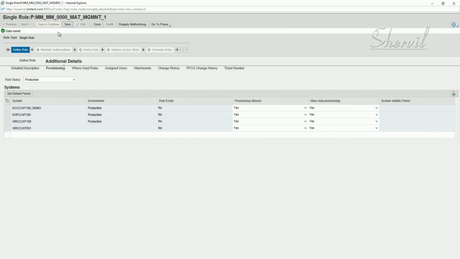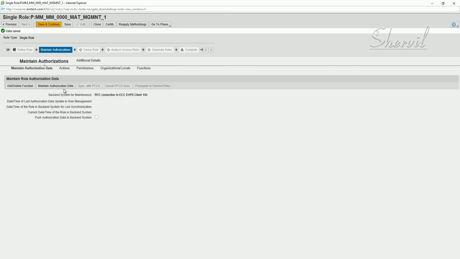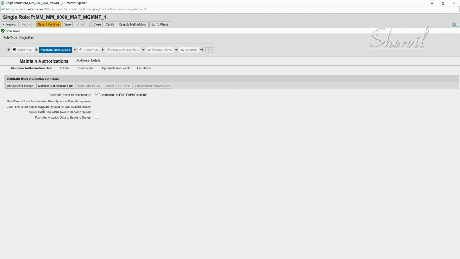So let's go to define role again, because if you don't, you will not get the save and continue button. Okay, so once this is done, now we need to maintain authorizations, right?